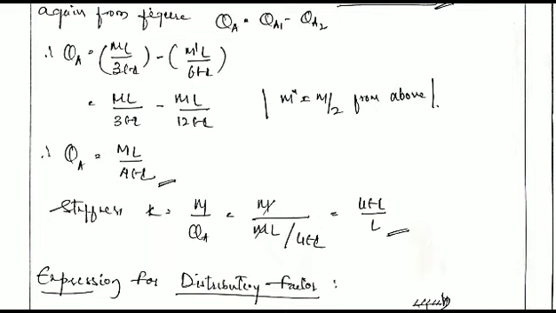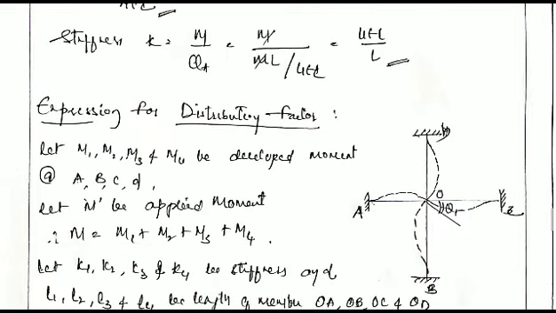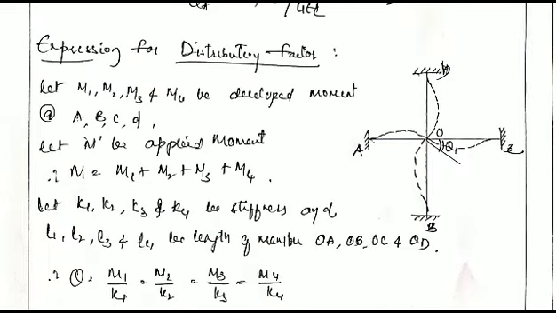So further, let us find the expression for distribution factors. As I told, due to the applied moment at one joint, the member connected to that joint develops a moment at its far end. One equation we have seen above is that the developed moment is half of the applied moment at the previous joint. So let us consider a joint here. From the diagram we can see O is a point where four members OA, OB, OC and OD are connected. The far ends A, B, C, D are fixed ends, and the lengths of all these members vary one by one.